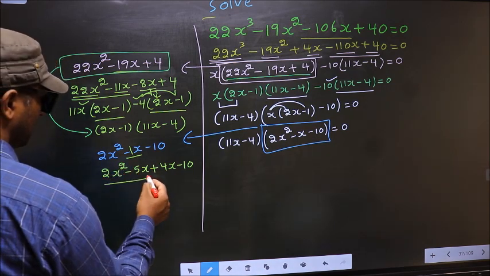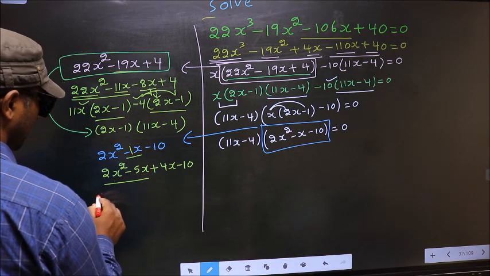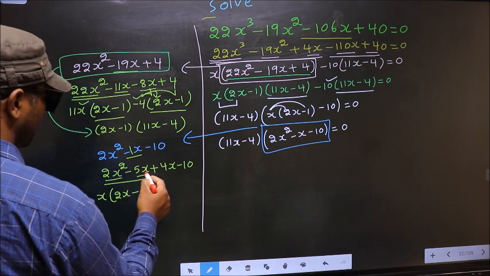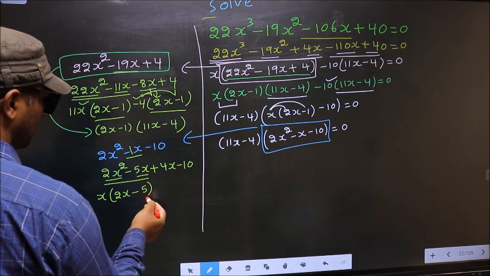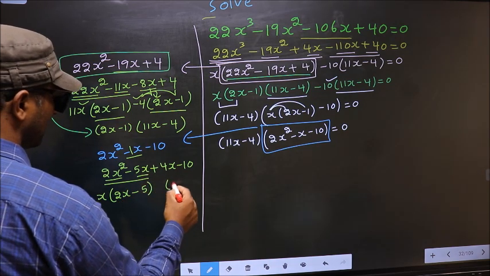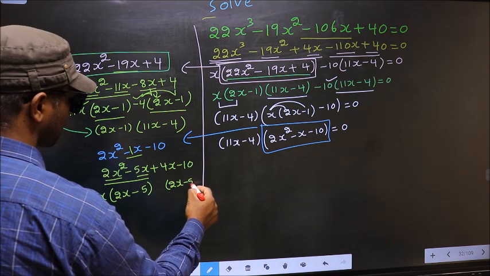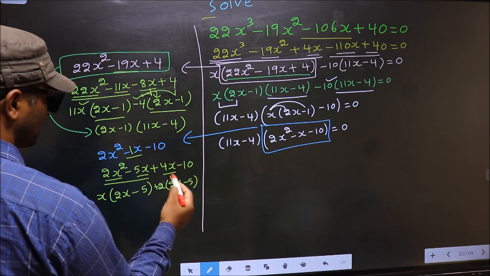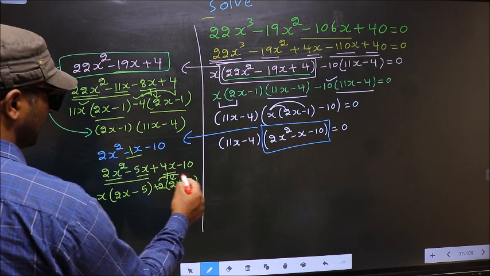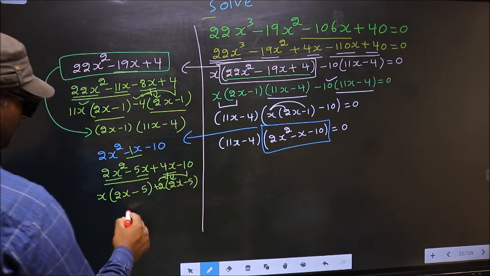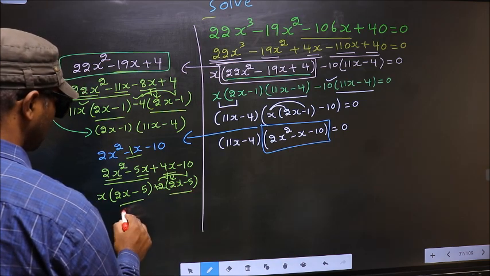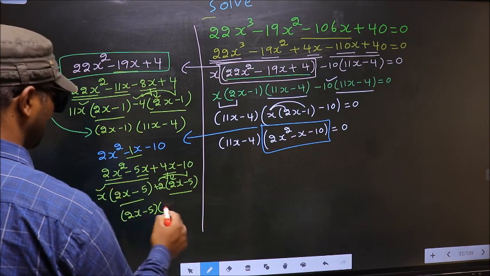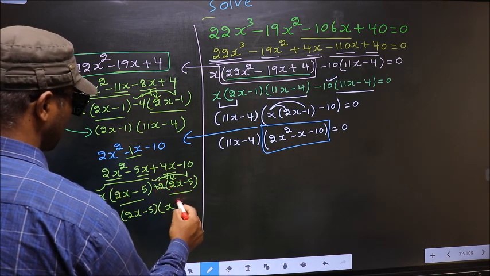Now what can be taken out common from these two terms is x. So here you get 2x minus from this x out you get 5. Now whatever you got here, here also you should get the same thing. From this 2x gone inside, so outside you get plus 2. Even if you multiply and check, still you get the same thing. Now take out 2x minus 5 common. So here you have x and here plus 2.